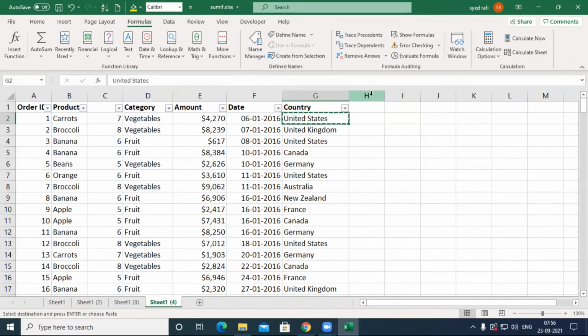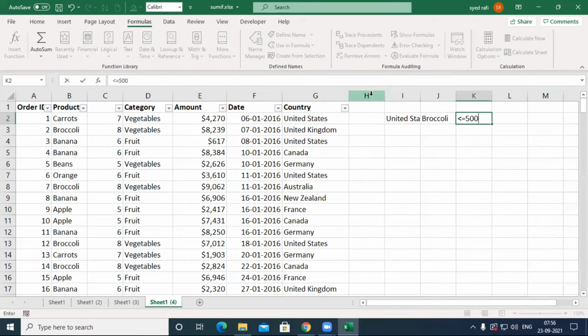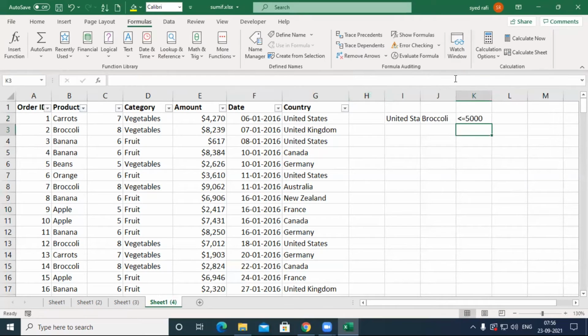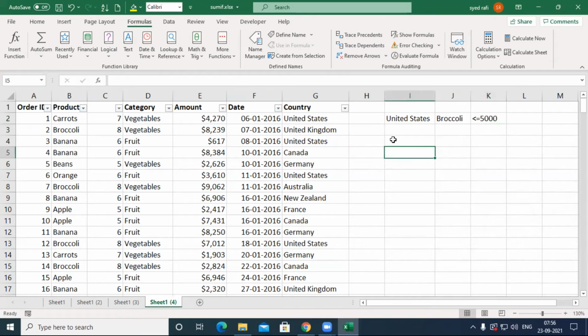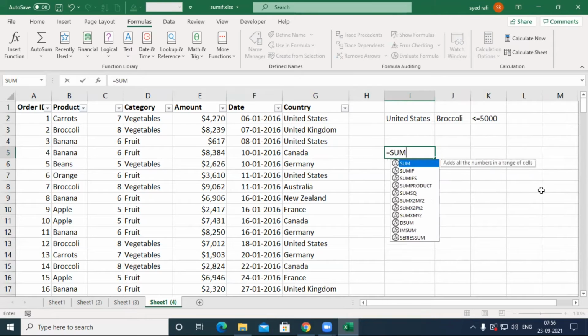Suppose the country is United States, the product is broccoli, and the value is less than or equal to 5,000. I need to sum by satisfying all these criteria. Let's do this one. There are 3 criteria: equal to SUMIFS.